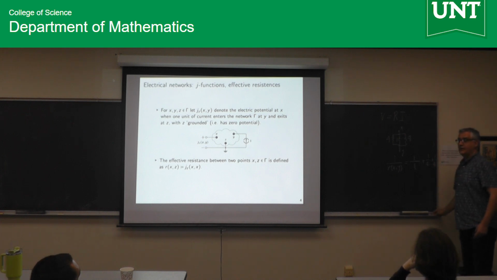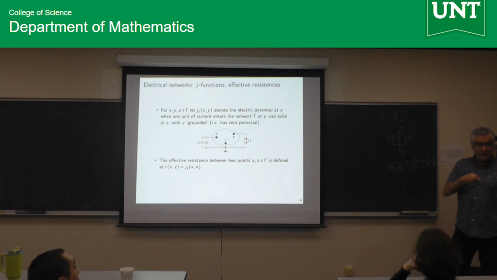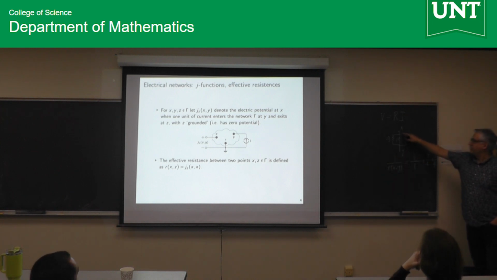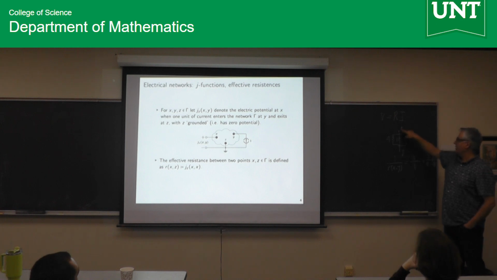You probably remember the parallel law. That's the kind of thing that you can compute. But I'm saying you're allowed to touch every point in the network. So you have a function in three variables on the entire metric graph. So it's a function from gamma times gamma times gamma to real numbers. You can put your probe anywhere you want. When you do this kind of thing, you're constraining that these are only accessible points.